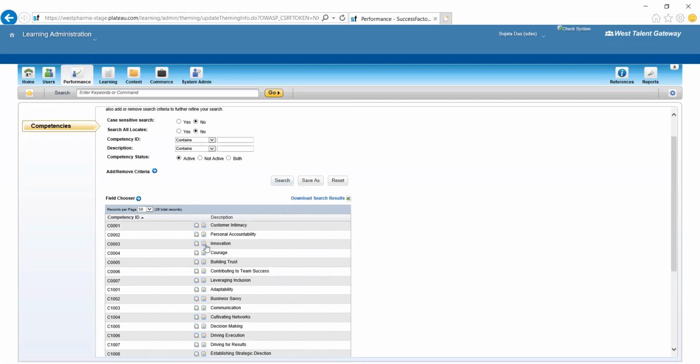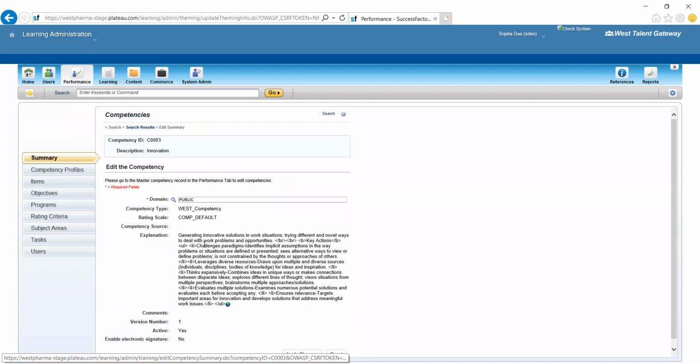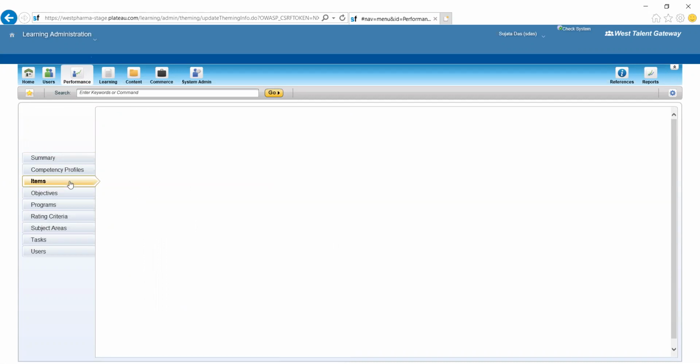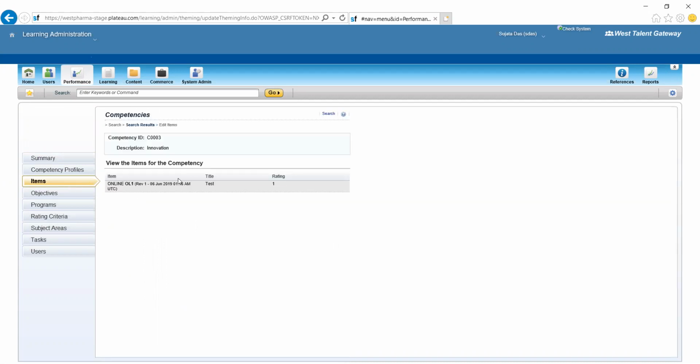I'll check and I will confirm if it is possible or not. In another system I will show where I have these competencies, and how to attach the competencies. But it will be at the items level only. Once it is created, it will be visible here. If you go to that specific competency, you can see under that competency what the items are. You can come here and see that.